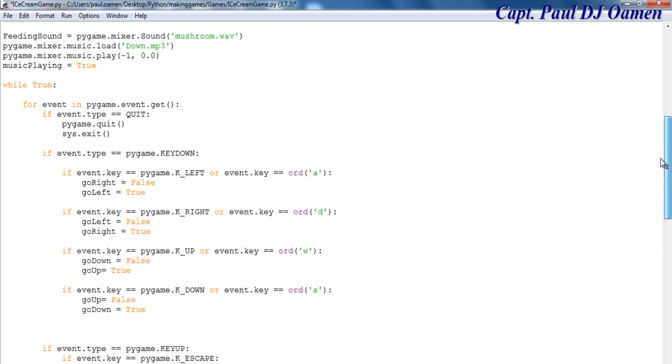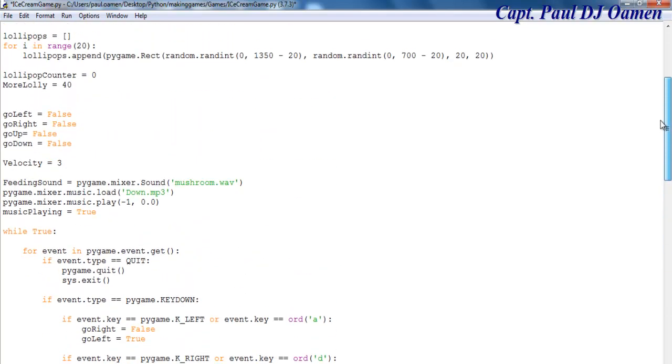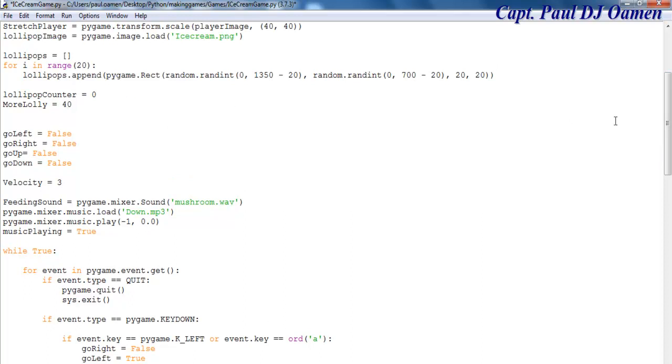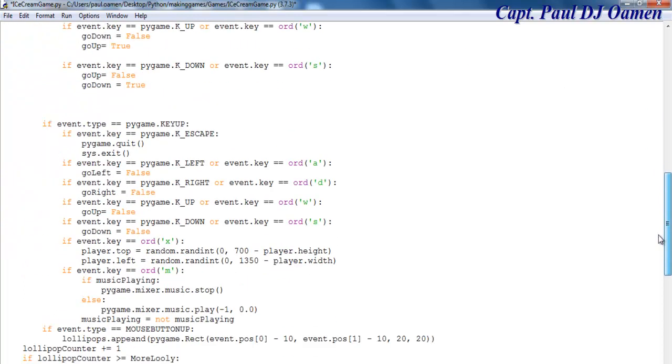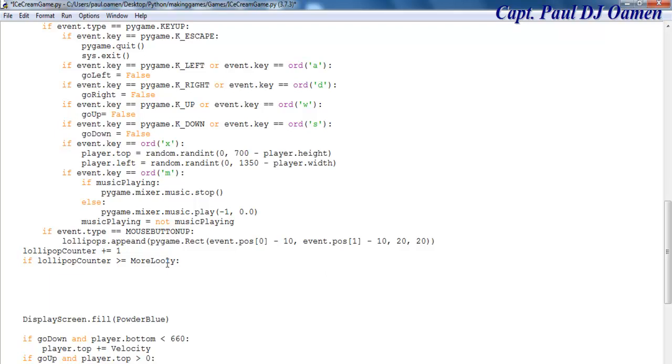So let's see, it's right up here somewhere. That's it, it's equal to 40. So come right down here, let's correct that spelling first, and here we just need to say counter